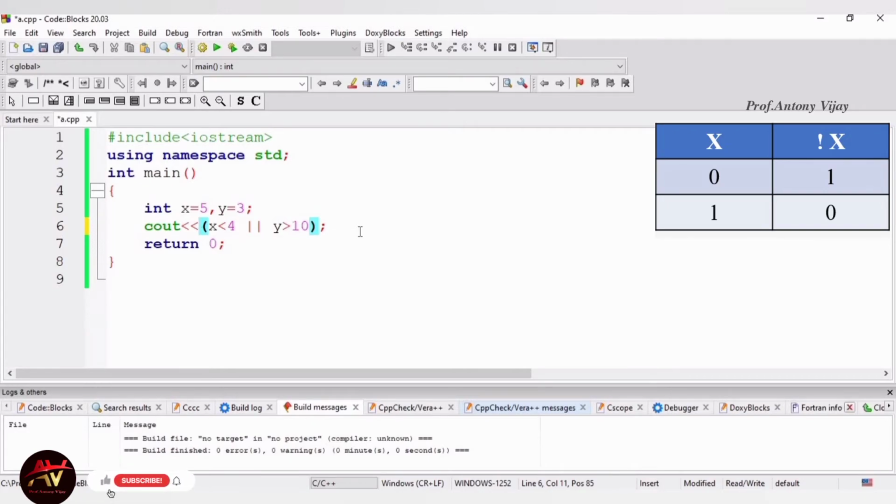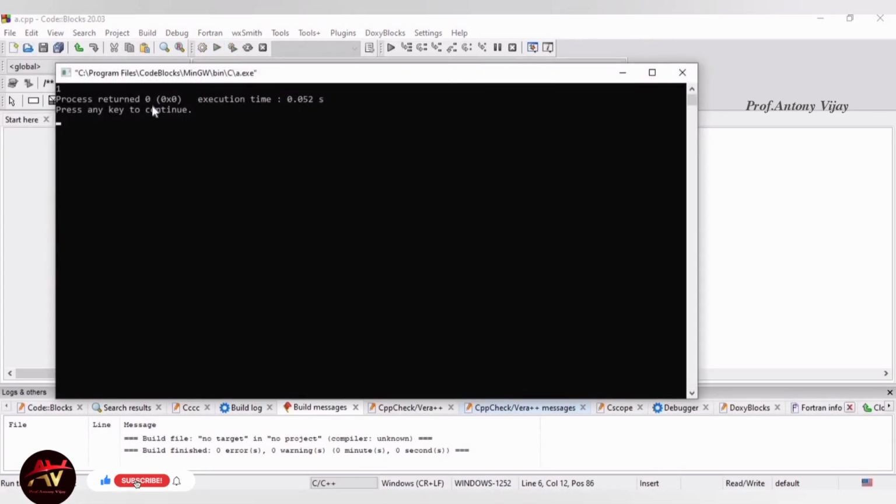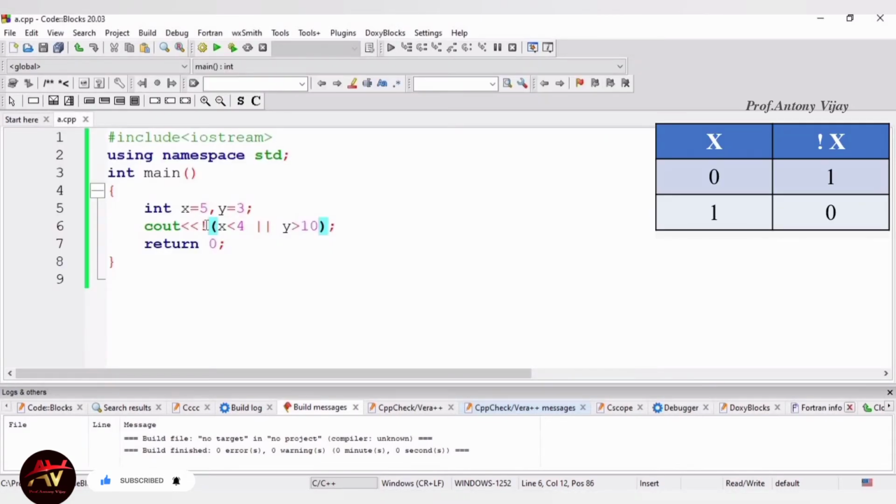So the answer must be 0, which we have already seen. Now I am going to use the logical NOT operator outside of the condition. It is supposed to convert false into true. Let's see the answer. We are getting 1. So actually the output is 0 only, but with the help of logical NOT, we are getting 1.